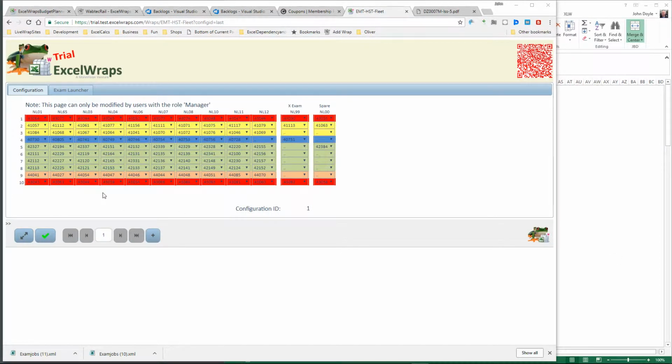I'm going to show you how we can create electronic records for the maintenance of a fleet of trains working in the UK. So the fleet of trains are organised into units. So there's one unit down there consisting of 10 cars, another one here consisting of 10 cars, and so on